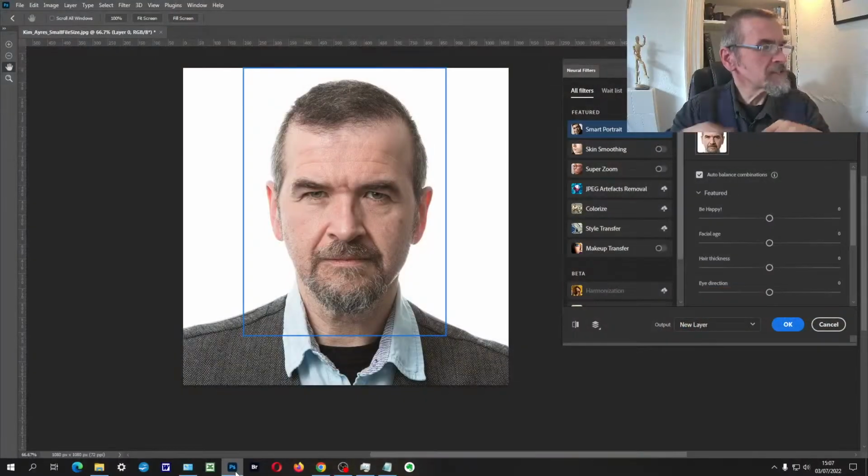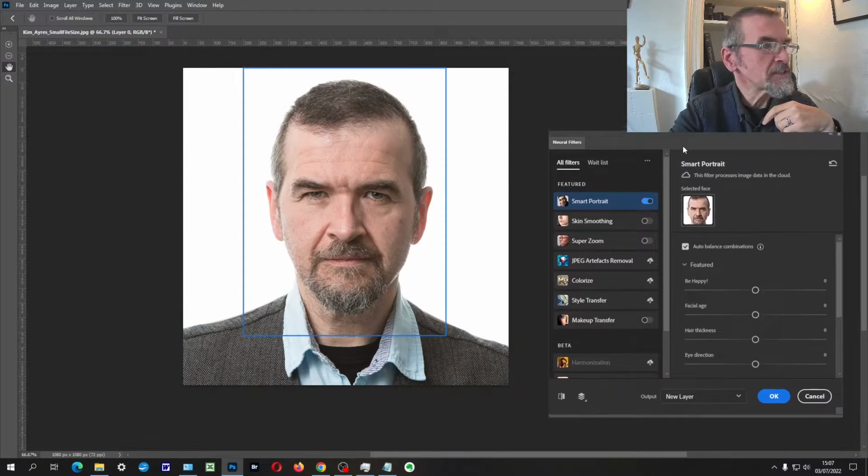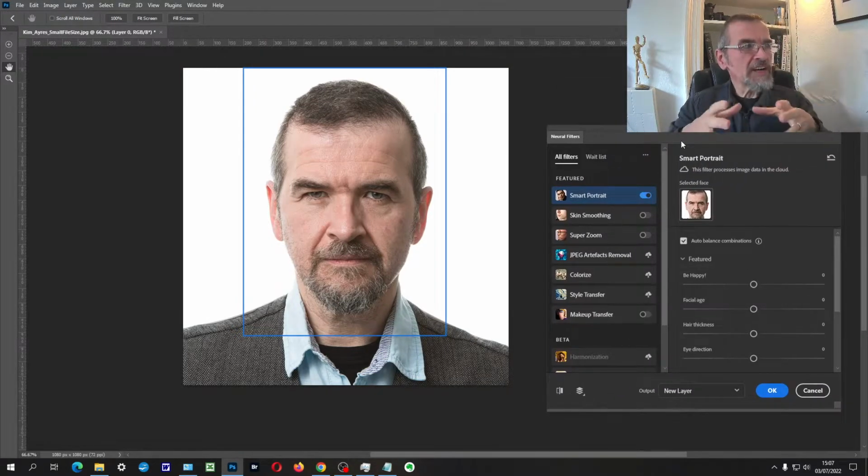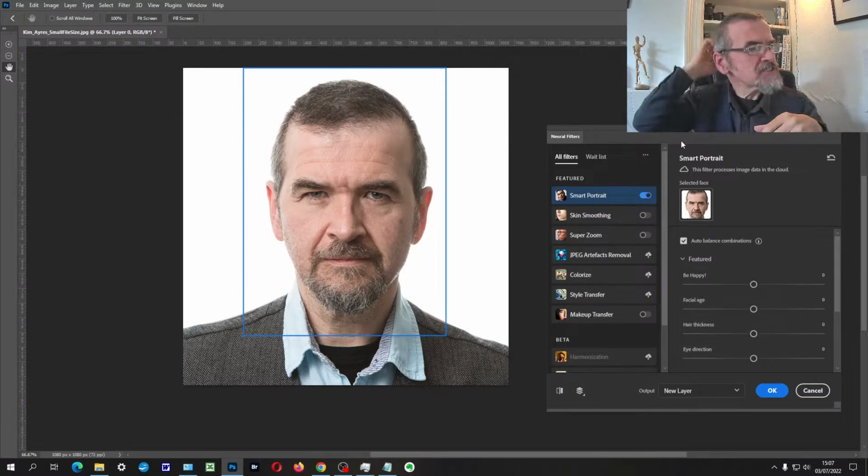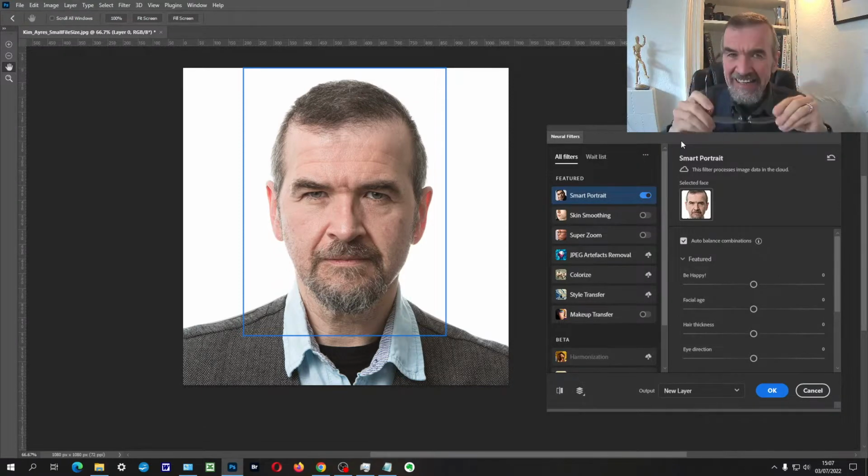Let me then flip through. Now what I did was, I'm going to show you here. Let's flip over to here and show you what we're up to with neural filters. So let me just move this here. This is one I've already set up. I played around a little bit with a couple of different photos, and in the end, actually, this one